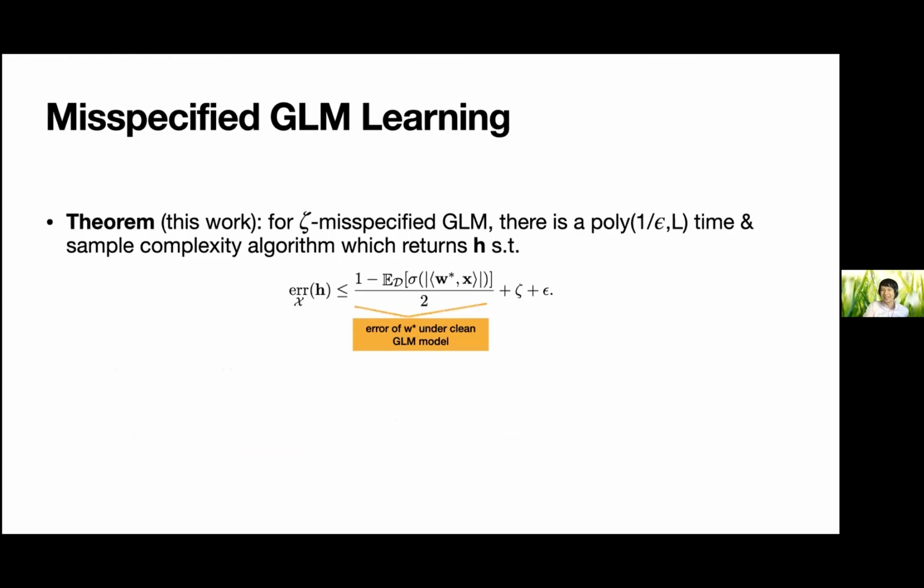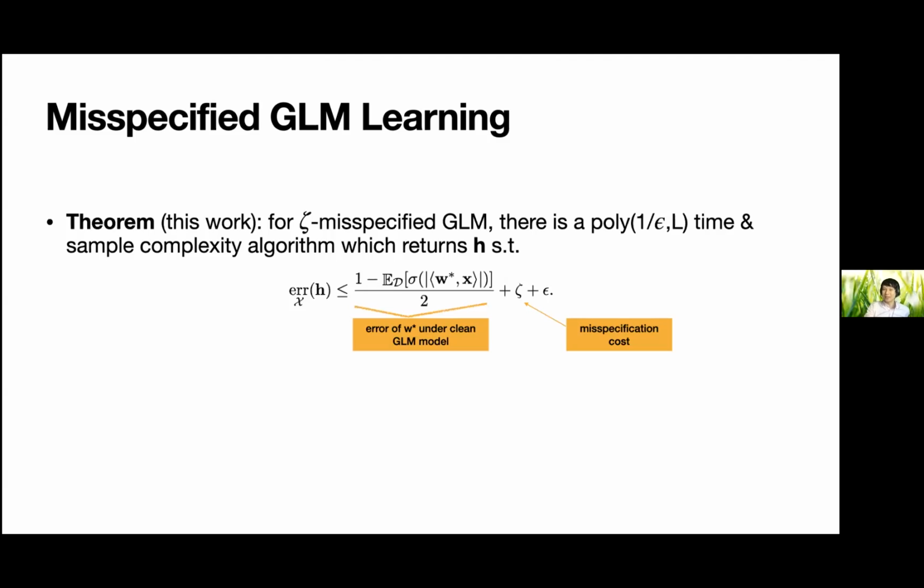this thing on the right-hand side, where the first thing is the analog of eta. There was a generalization of eta for this setting. It's the error of the true half space under the clean model. There's a second term. I added this misspecification, so you kind of would expect to pay that in your error. Or you can think of the zeta equals 0 case, which is more like Massart. And there's epsilon, as always.